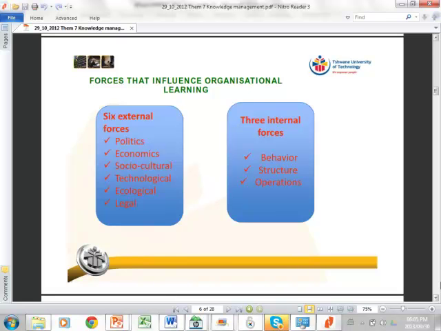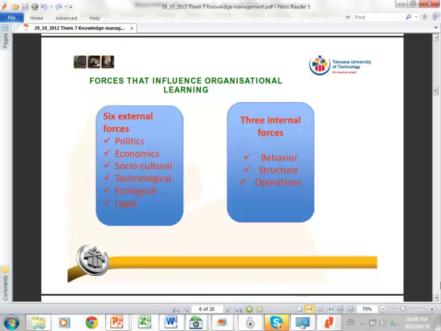Okay, economics, because the thing about organizational learning is that it costs money and it takes effort. Remember when we were talking about the project management information system last time, we said that it's not just software that we feed data to and voila, there is the answer to all of our questions. No, it takes money and effort. And unfortunately, the economics and the way that you perceive knowledge management can be a barrier to organizational learning. Then the next one is socio-cultural.